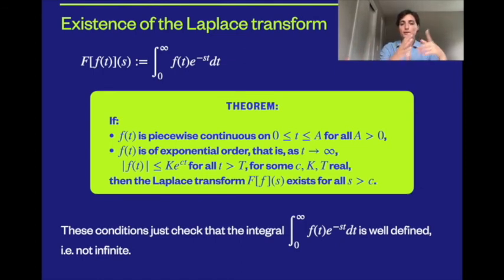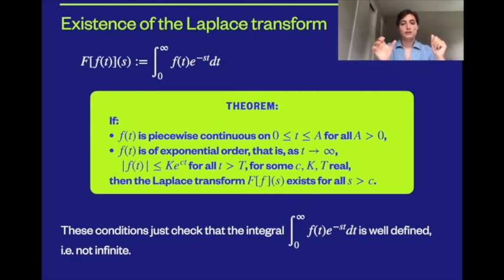But for any interval from 0 to a, f is piecewise continuous on that interval. And f is of exponential order. This means that as t tends to infinity, f of t, the absolute value of it, can be bounded by